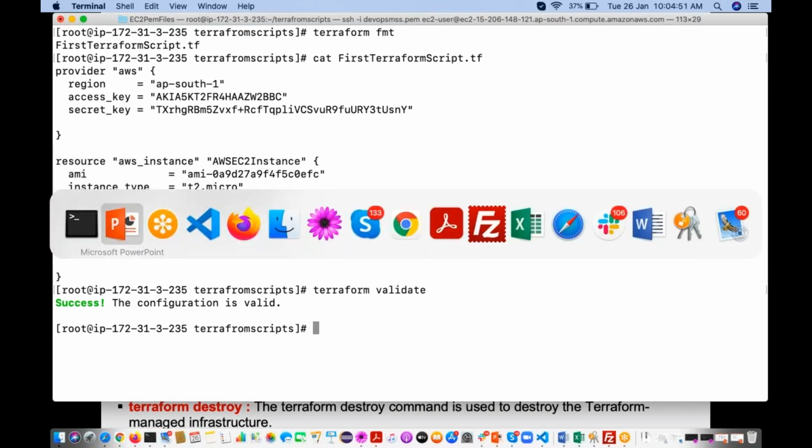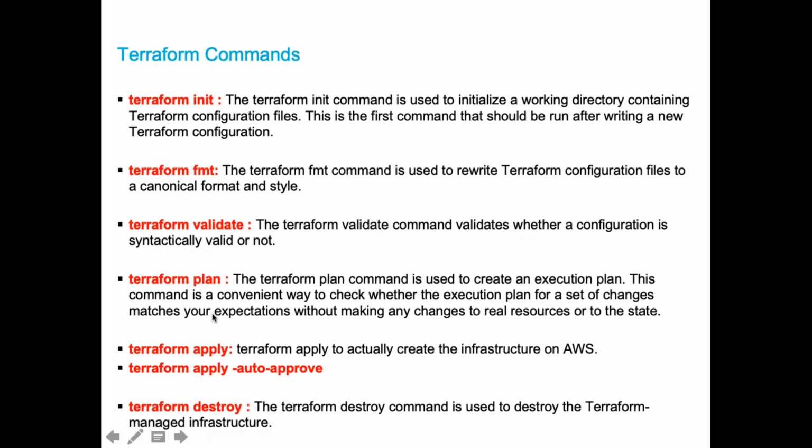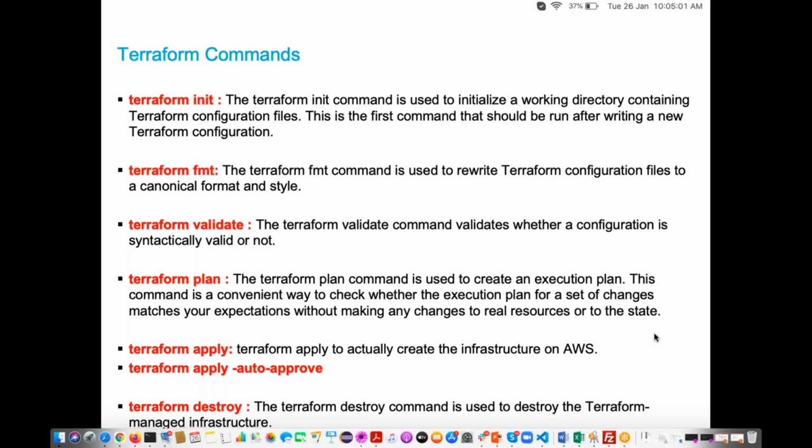Then before executing, just check using the terraform plan. The terraform plan command is used to create an execution plan. This command is a convenient way to check whether the execution plan for a set of changes matches your expectations without making any changes to the real resources or to the state.